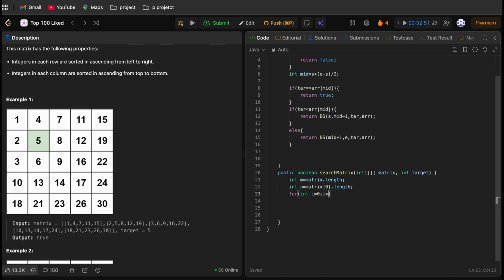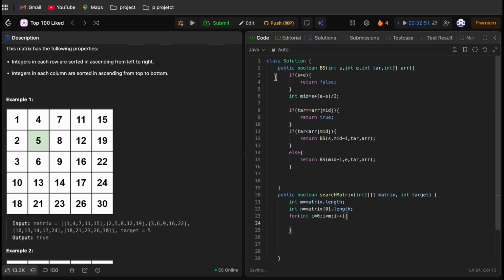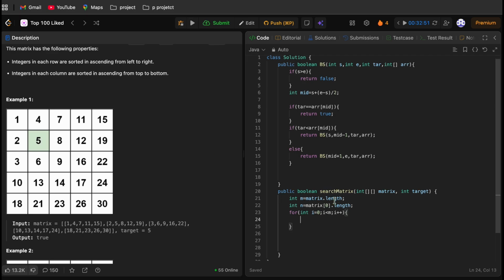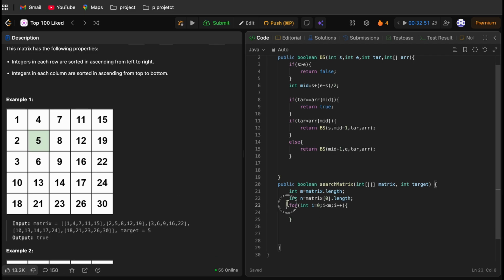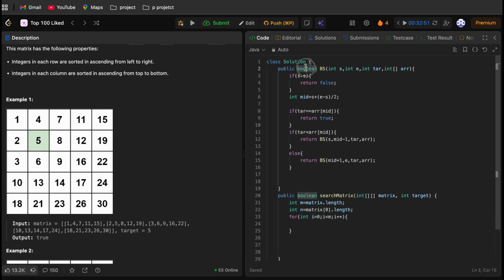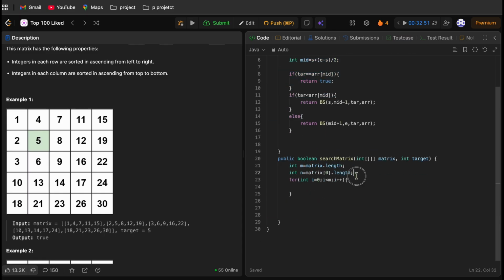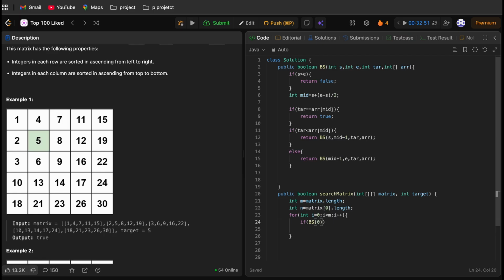i less than m, i plus plus. What we will do is we will search the target in each row. So our time complexity will be something like m log n, because m for this for loop and log n for the binary search on the column array. So in the binary search, the starting will be 0, ending will be n minus 1, because each